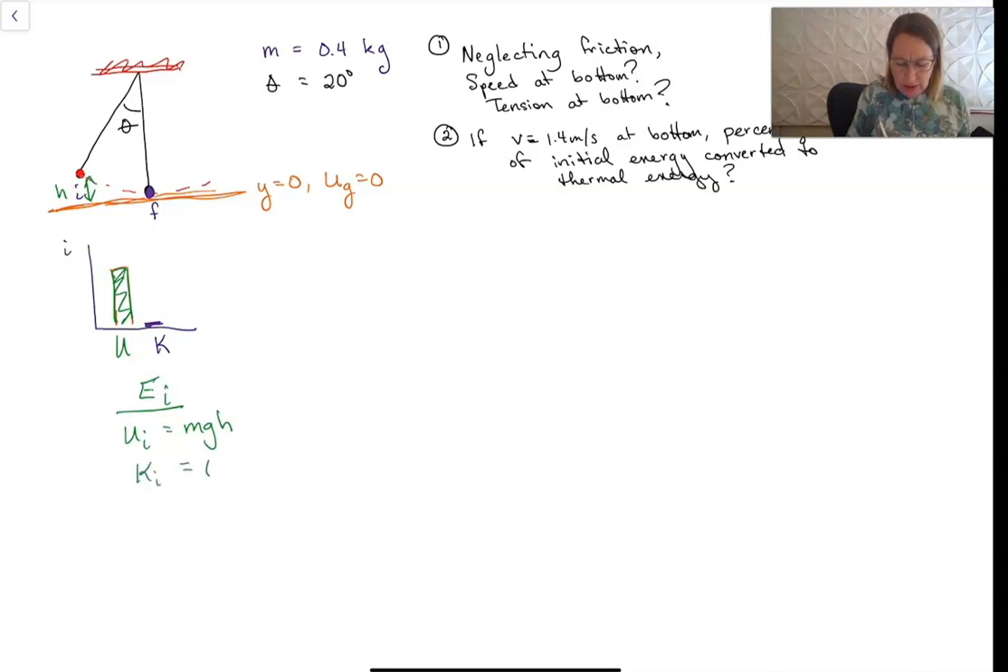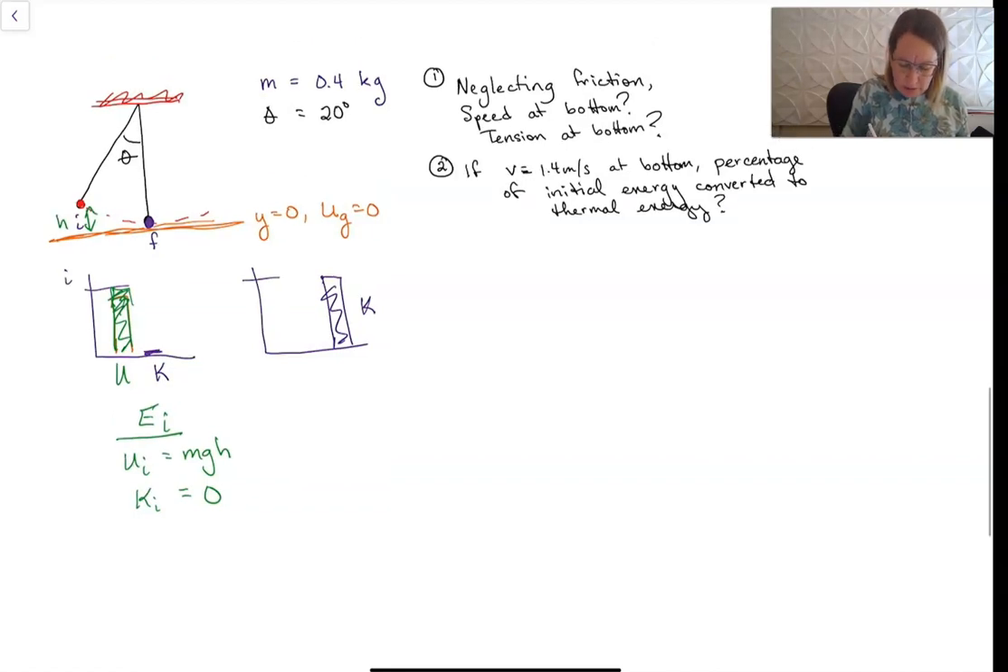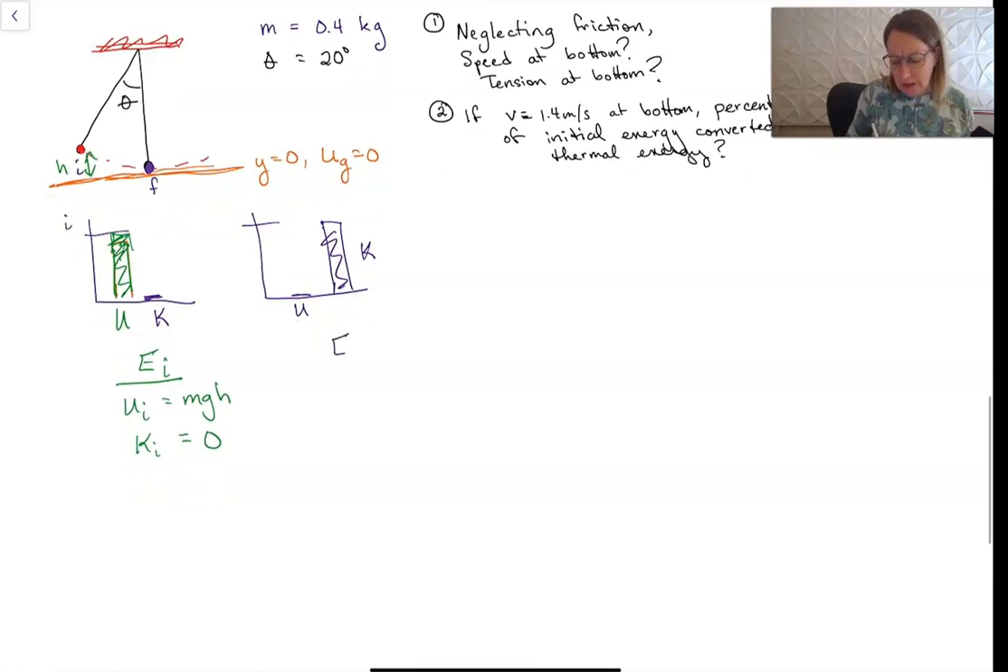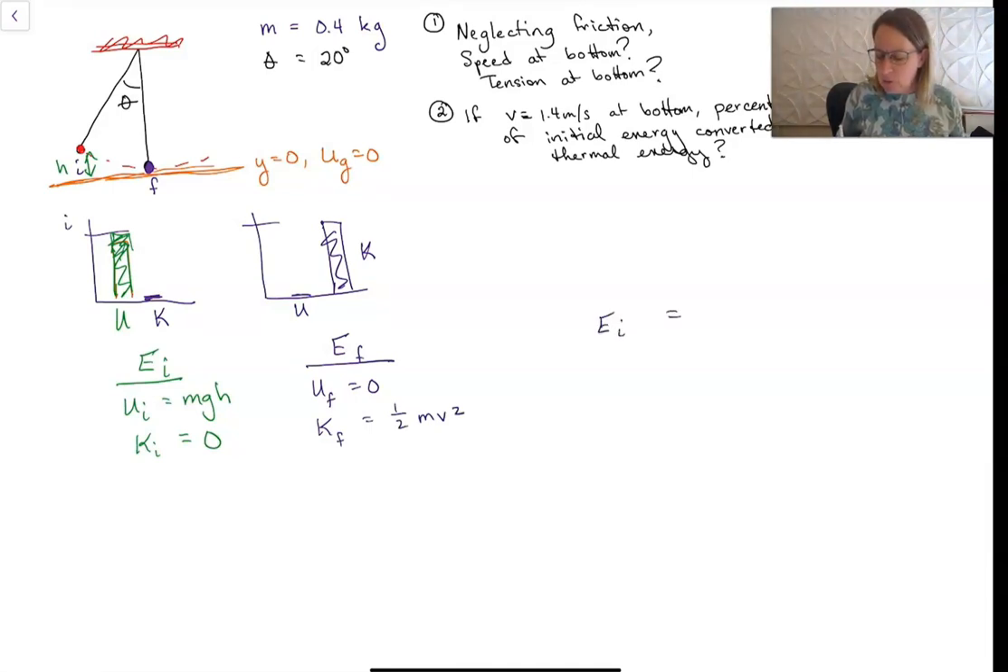The initial kinetic energy is 0. And then at the bottom, which is our final, all of this energy goes into now kinetic energy. This should be the same height as before. So I guess I should make that like that. Because we're at y equals 0, so we have potential energy is equal to 0. So if I set up my E final, that would just be U final is equal to 0, kinetic final is equal to 1/2 mv squared, and so I'm going to say E initial is equal to E final, or